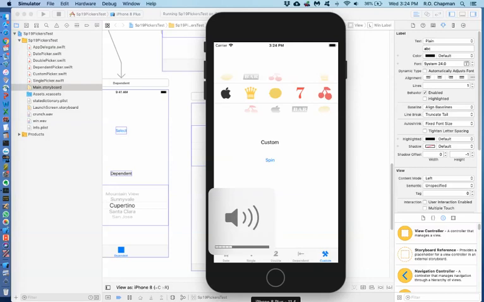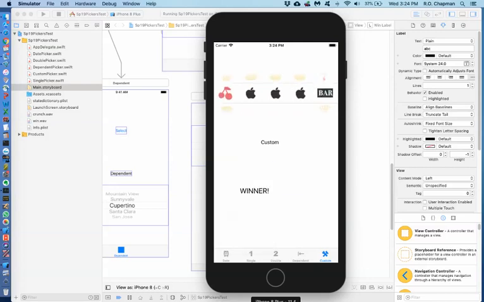Hopefully you can hear that. And you can see what happens when you get 3 in a row. You win. You notice that the spin button goes away while the picture is spinning. And so we'll get to look at some other features like sound and scheduling things to run in the future